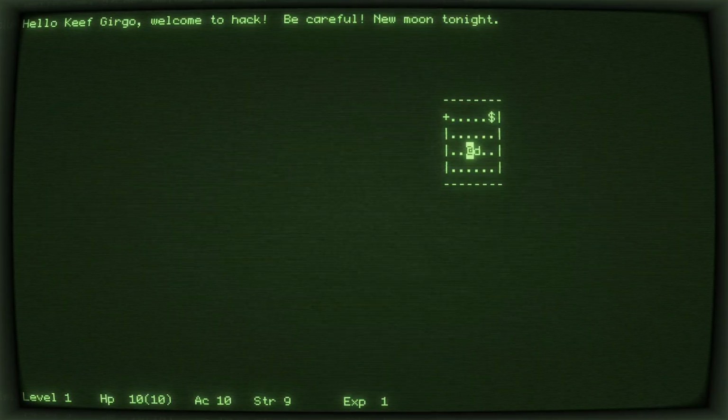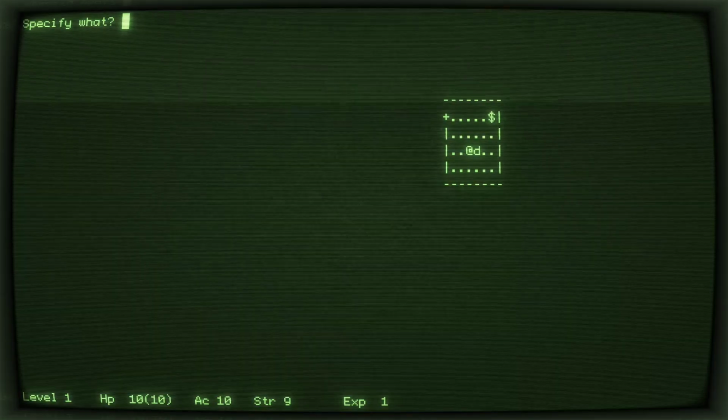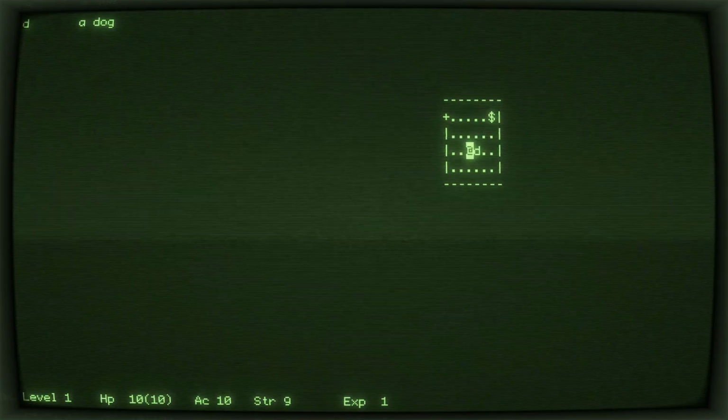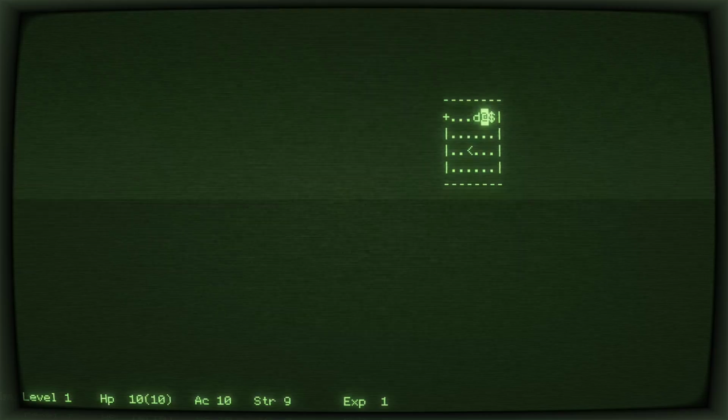We have a lowercase d next to us. Now, what is that? That is one of the most fun innovations of this game. Now, we can press the / key to ask a question about any character that we see in the game. So let's type lowercase d, and it tells us that is a dog. That is our pet dog, an adorable and helpful companion in our adventures. So if we move around, we'll see that the dog also moves around with us.